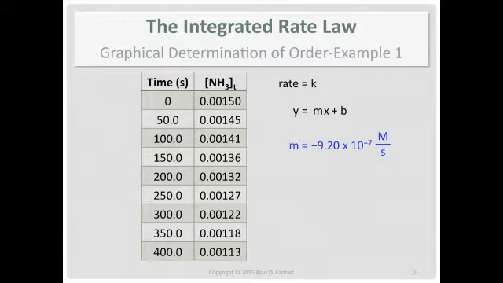So let's go back to this. Now the slope. What's the slope telling us? Well, look at the mathematical relationship for 0 order. Look at K. Minus K is the slope. Therefore, we pull out the slope, but we take the opposite sign, and we have our rate constant. We know it's 0 order, we have the rate law, and we have the rate constant. A reminder, rate constants are always positive.